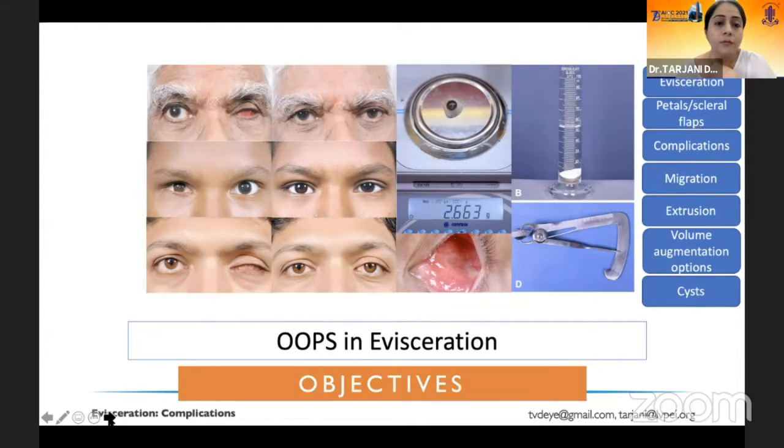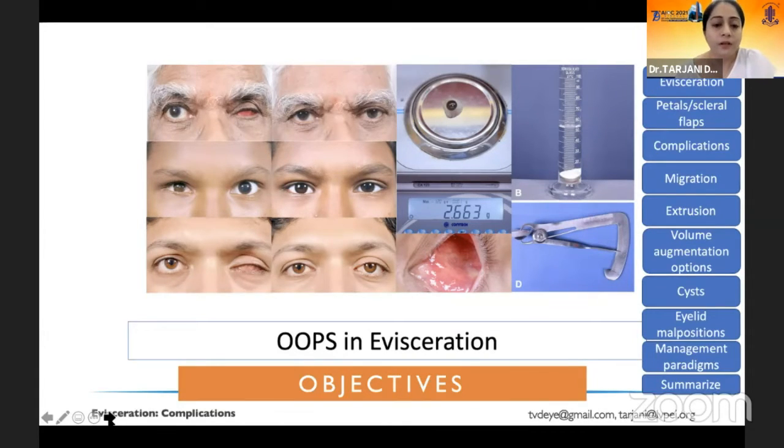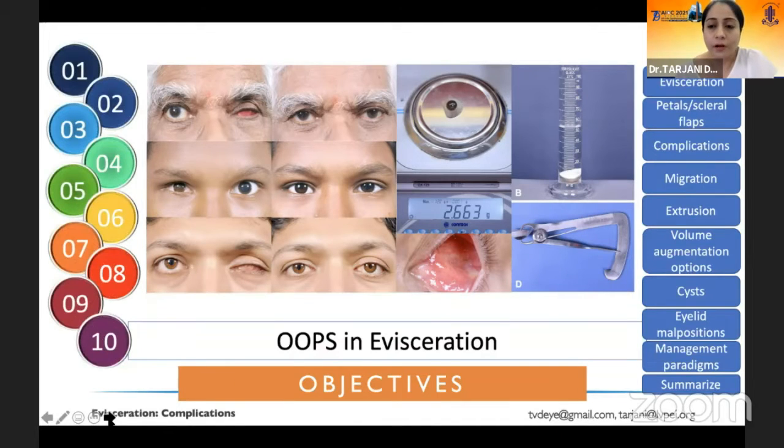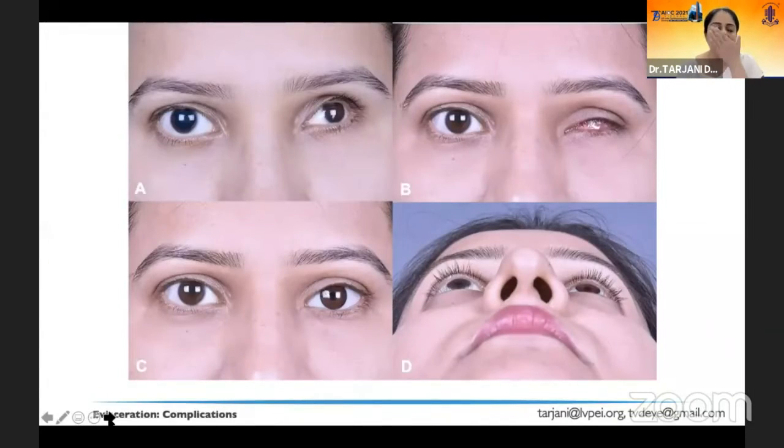Certain other complications that we see, such as cysts around the implant and eyelid malpositions, which are common, and I'll give you a brief on the management paradigm in these patients as a summarizing slide. I'm going to do this with 10 case examples. Not everything is video based here, but you will be seeing a lot of video.